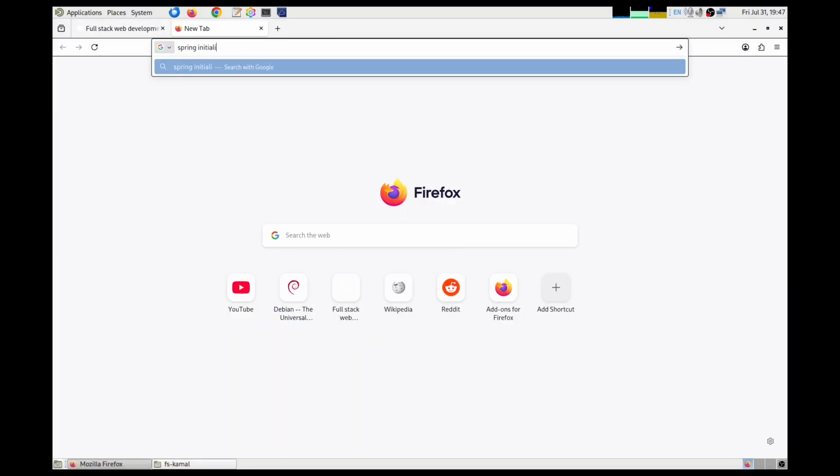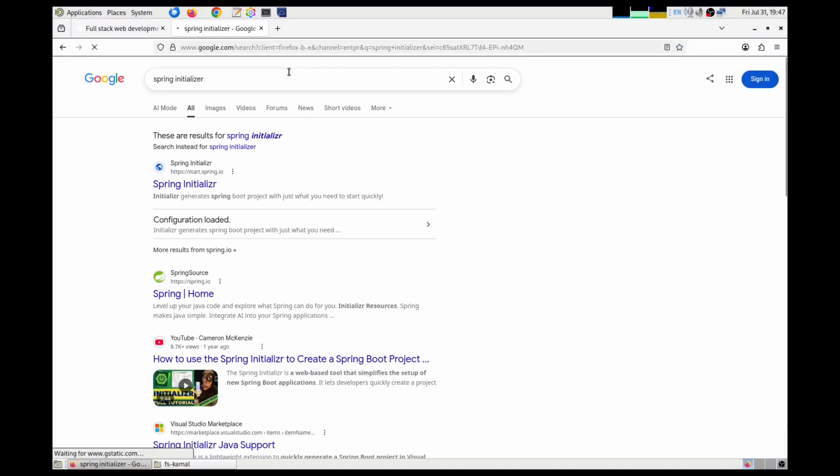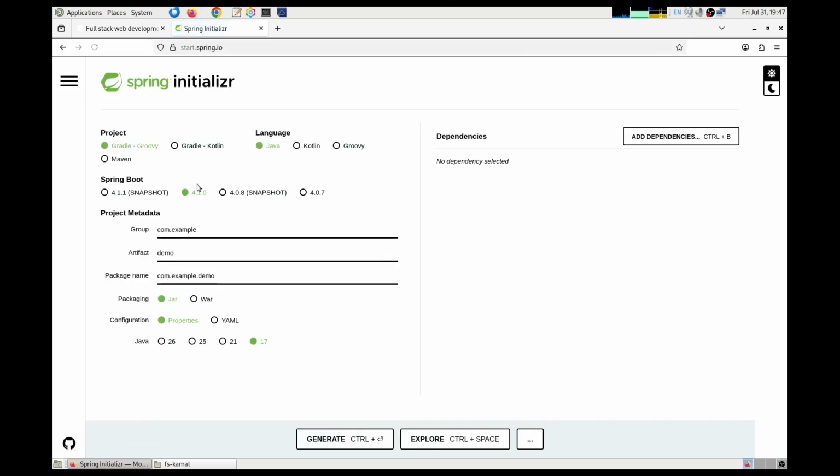Spring, it's pronounced or it's spelled in a slightly different manner. It's start.spring.io. So let's select the project build tool to be Maven, language to be Java, Spring Boot version to be the current one, the latest one here, and the group